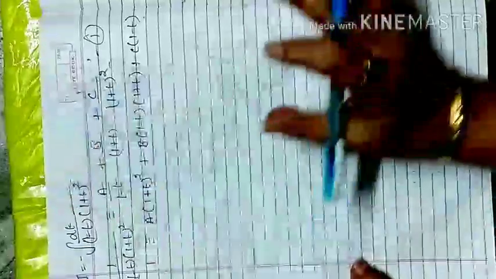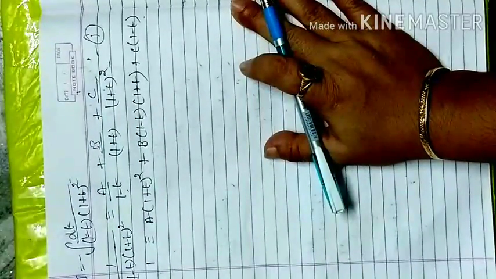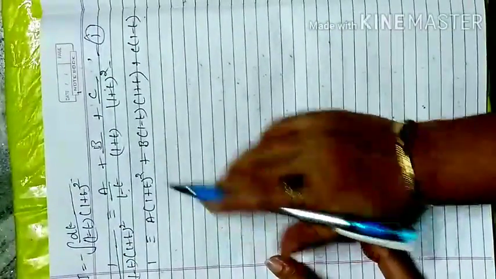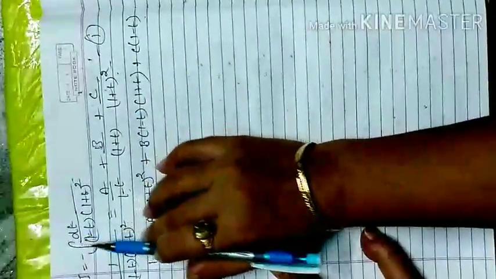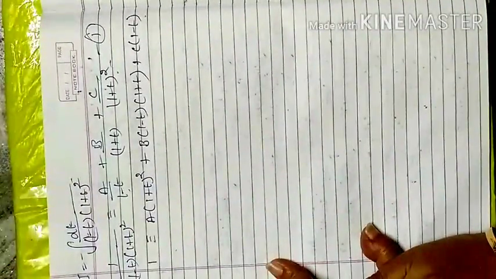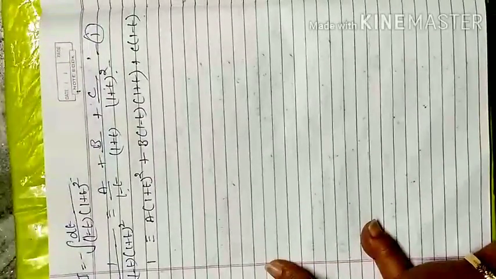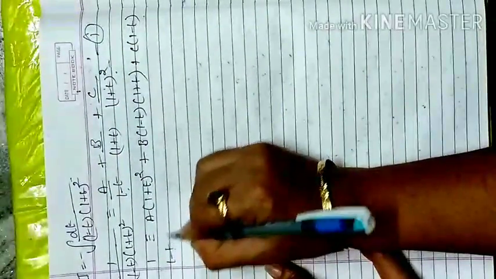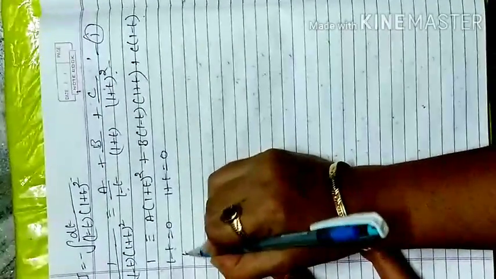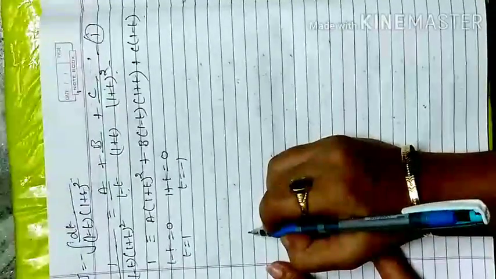Here, because in this step I forgot the integration, I just pick the middle term of the integration to partially divide, and after I divide partially in this form, I replace it back in place of this 1 upon 1 minus t, 1 plus t whole square. So first I will think how many linear factors are given. Only 2 linear factors: 1 minus t is equal to 0, 1 plus t is equal to 0. Here the t value is 1 and here the t value is minus 1. I have 2 values of t.